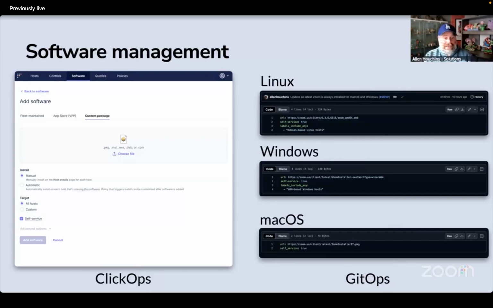So that in and of itself could be a full-time job because that was just one example with Zoom. Now apply that to every single app that's in your environment. What does that look like in a GitOps way, in a GitOps type of workflow? Well, on the right-hand side, you can see these are 3 examples that show how easy it is to achieve